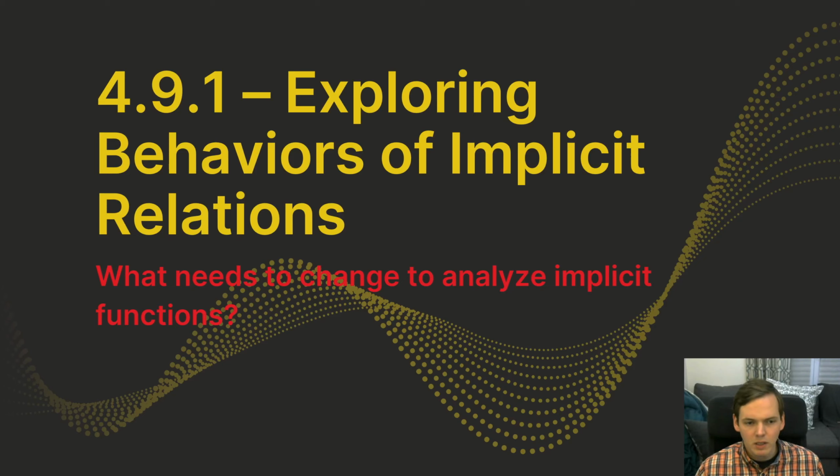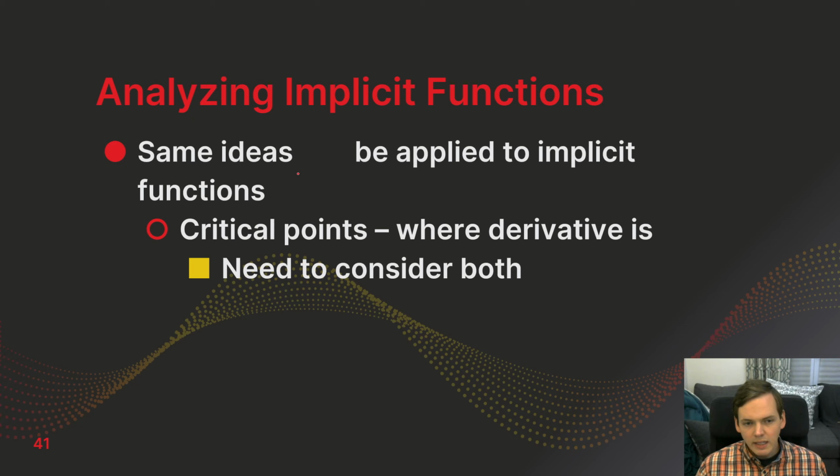So in this video, we're going to look at exploring the behaviors of implicit relations. In other words, how do we take everything that we've done in this unit and apply it to implicit functions? In analyzing implicit functions, the same ideas can be applied. For example, a critical point occurs when the derivative is 0 or undefined. The only difference is we need to consider both x and y values when we go into analyzing or